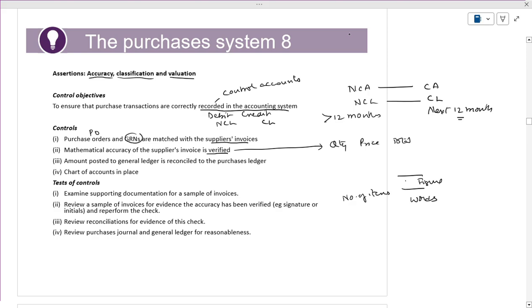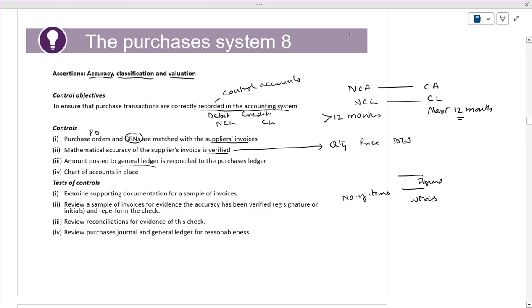Okay, total will be in figures. Total, like we are writing the check. We will say 1,000 reals, then we will write 100,000 reals. In words also we will write, in figures also you will write. Is it right? Next, amount posted, whether we have